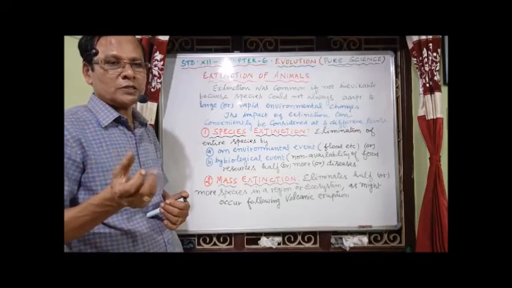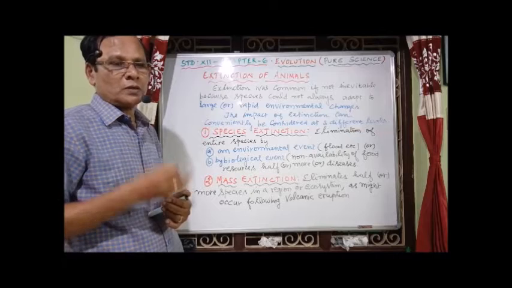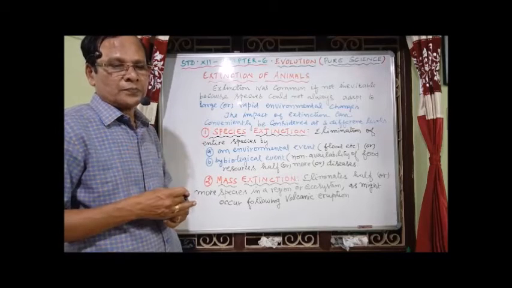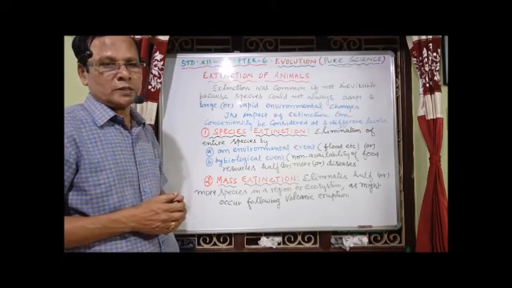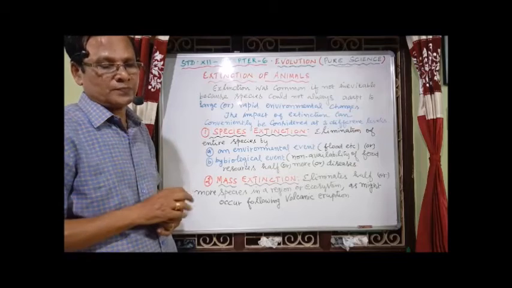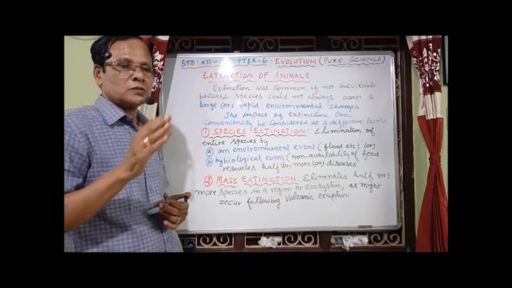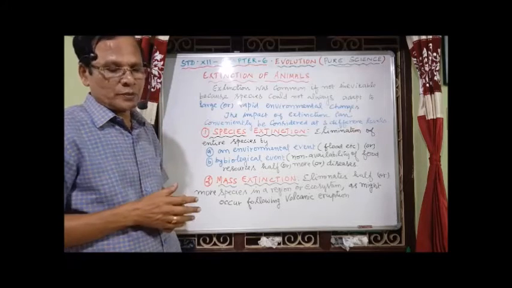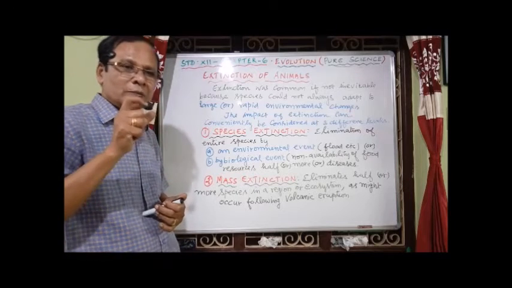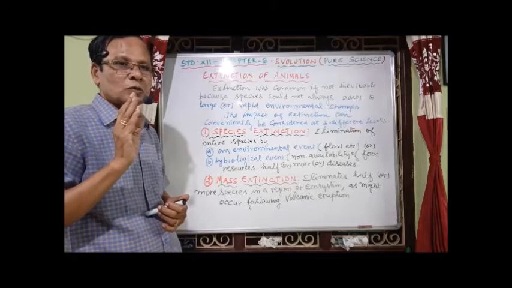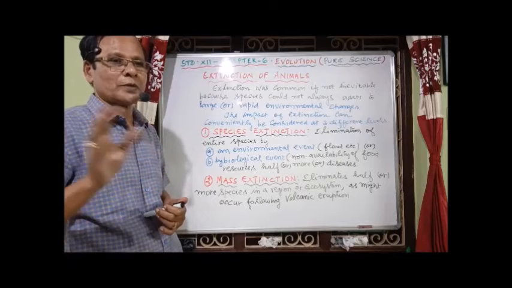In the Paleozoic era, we have the Ordovician period, the Permian period, and the Devonian period. And the disappearance during the Cretaceous period, and then the Triassic period of the Mesozoic era. These three periods, the Devonian, Permian, and Ordovician, are the periods of the Paleozoic era known for mass extinction. And the Permian period was the period during which the maximum mass extinction occurred, the Permian period of the Paleozoic era.